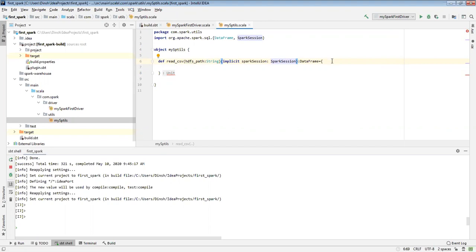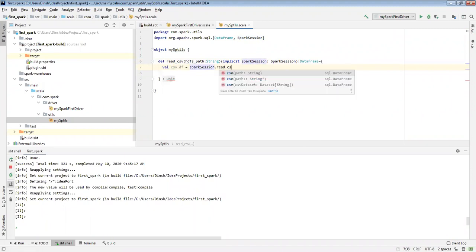So now I need to create a data frame from the CSV. CSV df, Spark session. What is the syntax to create a data frame from CSV? Spark session read dot CSV, and whatever path I have passed, I need to give as input here.